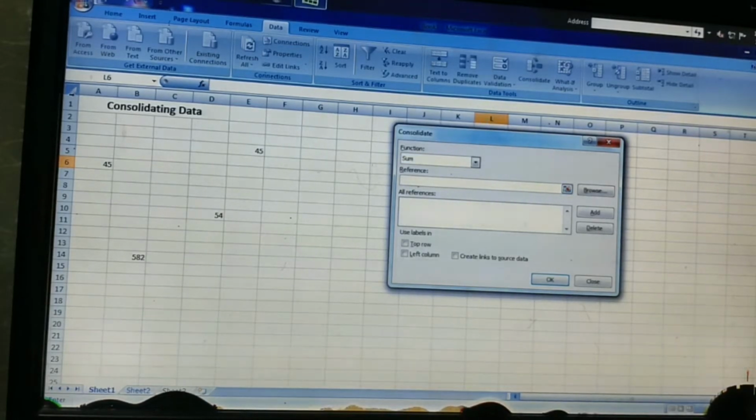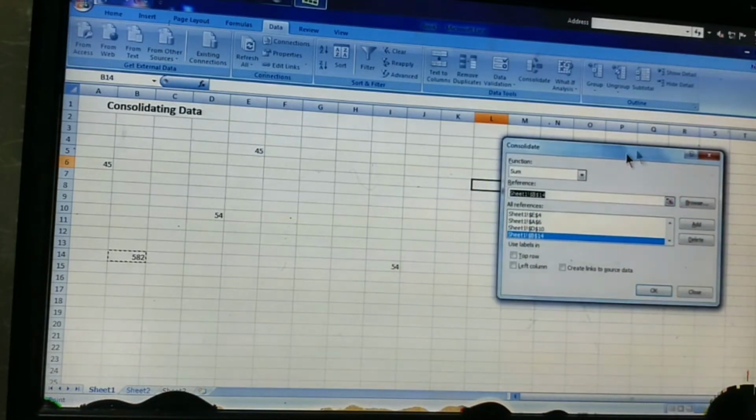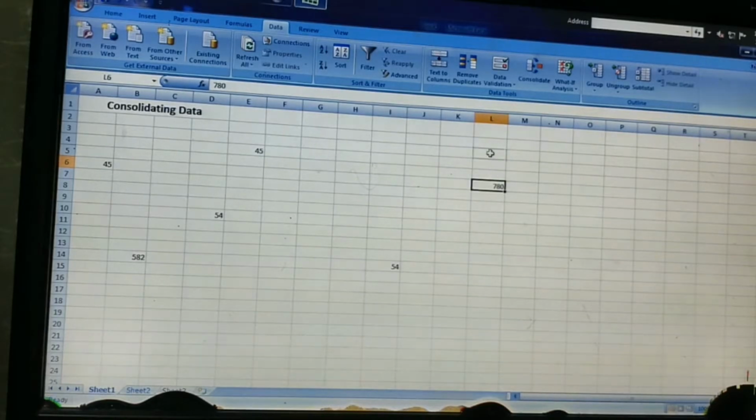So place your cursor here and click on it, and click on the add button. The next cell, again add it, next cell add it, next add, and the last value, and then click on add. After this you just need to click on the OK button, and then you will get the total.